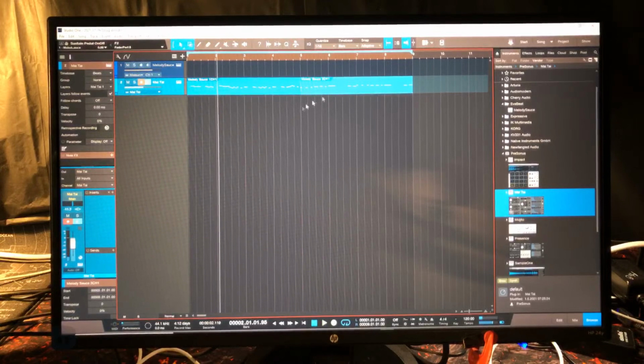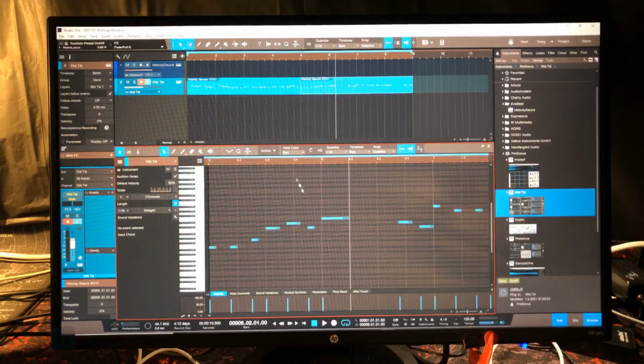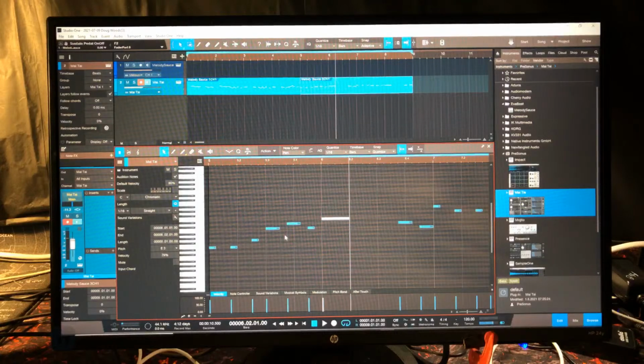So what's nice now is whatever you've done, we can just double click on this and open the editor. And whatever notes we want to change, we can change. So it's generated the melody for us. And if we don't like it,